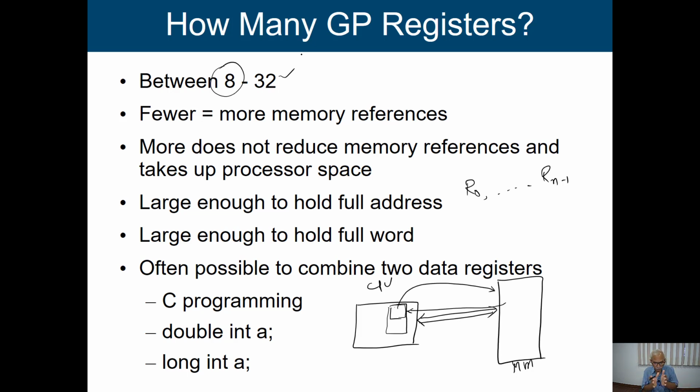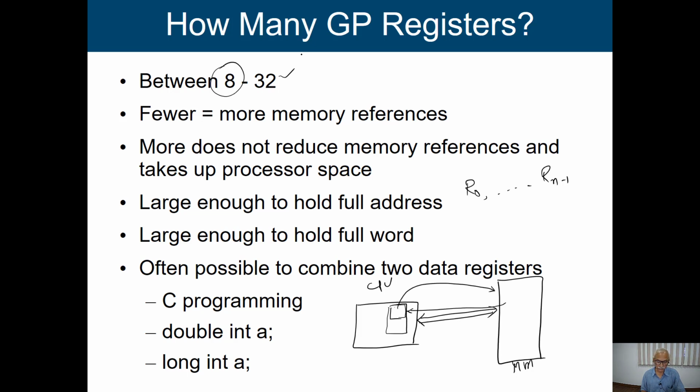So you see, if we increase the number of registers in a processor, then we need more control signals to identify the registers. So these are the issues. In a holistic way, we have to look at all these issues and come up with a reasonable number of registers to put in a processor.